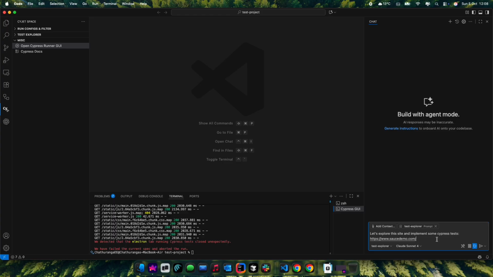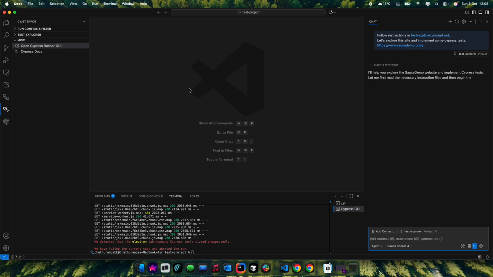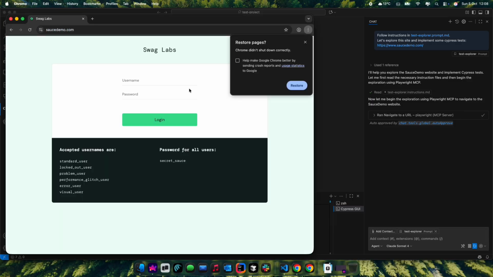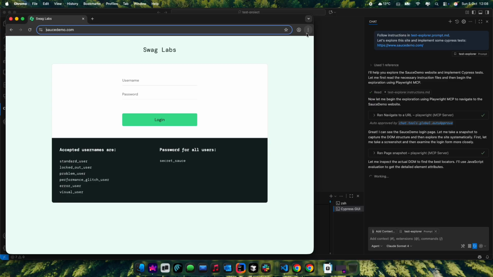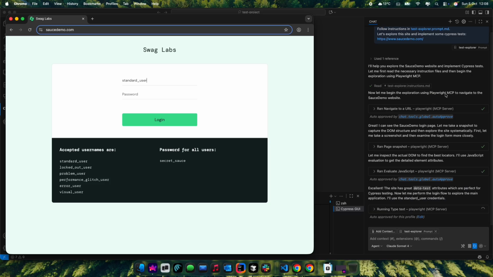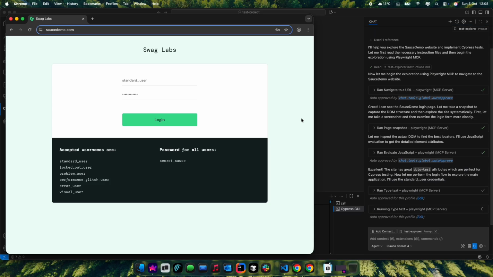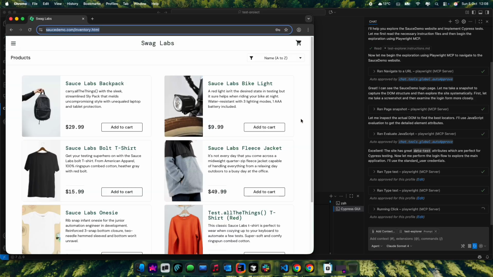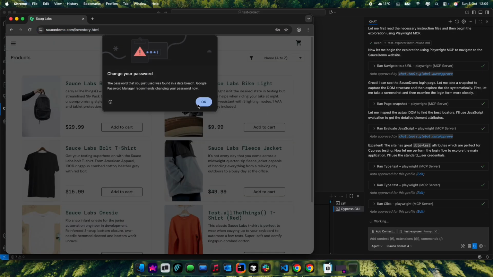What I'm going to do is, I'm in agent mode on GitHub Copilot in VS Code, and I have spun up the Playwright MCP here. And as you just saw, I selected a custom chat mode from the dropdown of these agents, something called Test Explorer. And I just asked it to explore this site and find what test cases we can write. So now the agent is